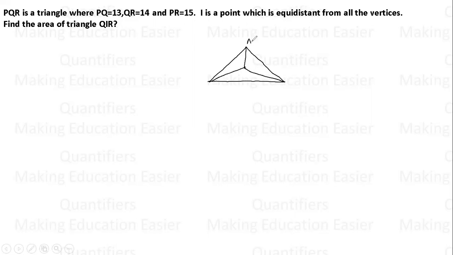Let's say this is A, this is B, this is C, and the point which is equidistant from all the vertices is, let's say, O. So students, OA will be equal to OB, equal to OC, and equal to the circumradius, capital R. Taking O as the center and OA, OB, OC as the radius, we can draw a circle, which is known as the circumcircle. So you should know this concept, then only you can solve the question. Now let's come to the question.